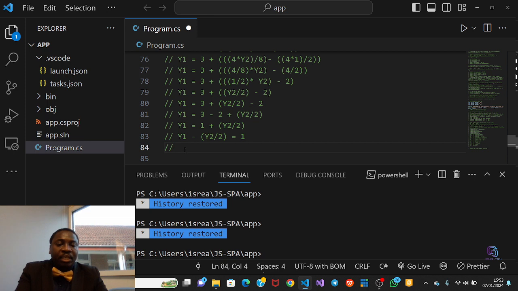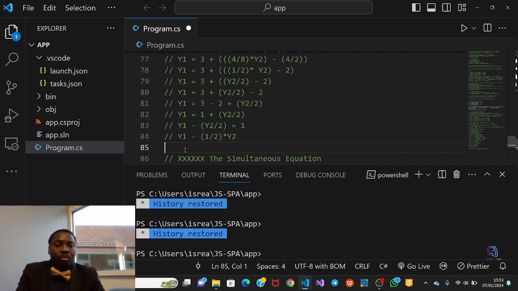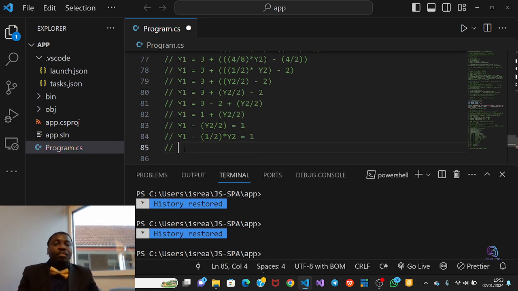So let me explain it better. That will be y1 minus, now I can say 1 divided by 2. I'm going to multiply by y2, which is equal to 1. So with this, we now have y1 minus half of y2. But take note,